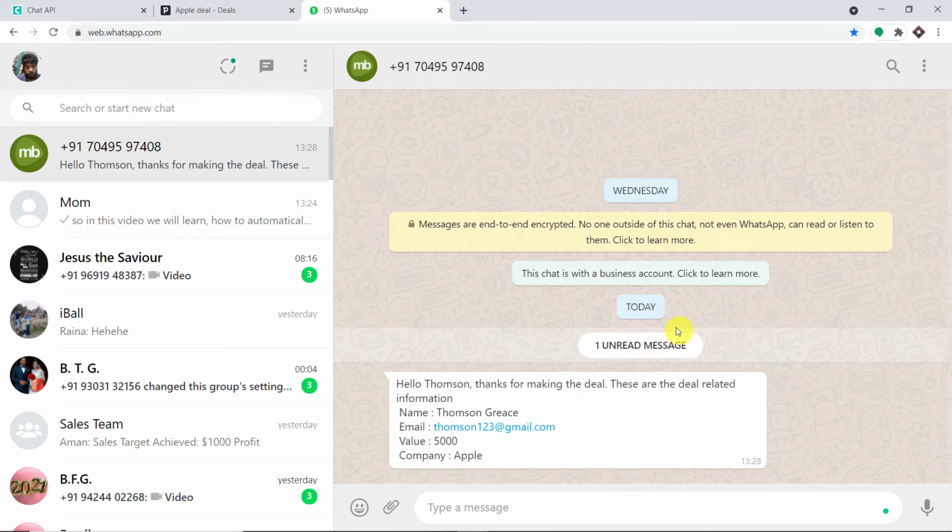So your obvious question is, how did I do it? How did I manage to send the data from Pipedrive to WhatsApp? Here I have used an integration and automation software called PabliConnect that integrates Pipedrive and WhatsApp. The best part of using PabliConnect is there is no need for coding skills or programming knowledge. Let me show you the process.